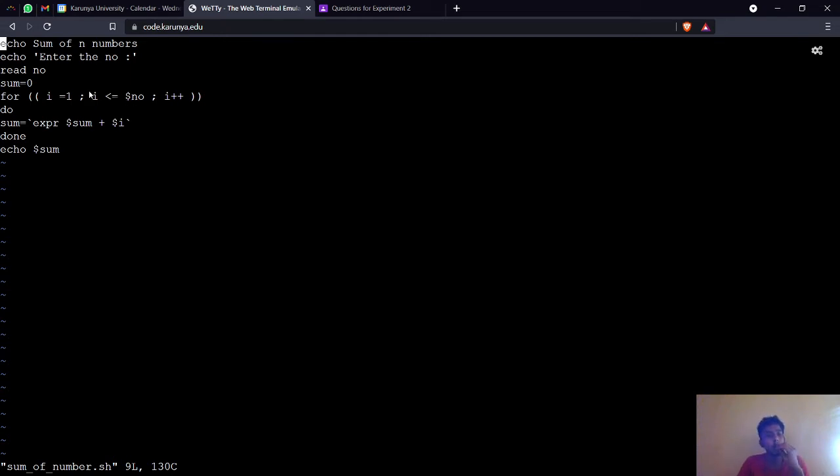If you give 5, the 5 will be assigned here. So 1 is less than or equal to 5, yes, then i will be incremented. It will do sum equal to sum plus i, so 0 plus 1 is 1, it will be assigned to sum, so sum will now be 1.